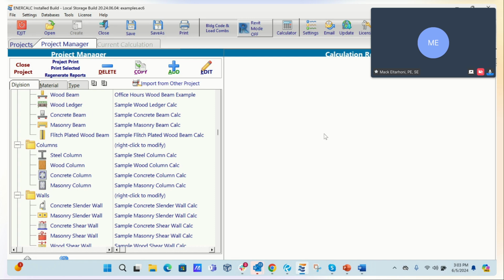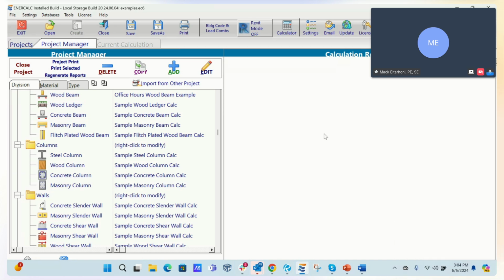This is a huge time saver for us, especially working on smaller buildings and designing a building one component at a time. Especially if you're doing a foundation and now something all the way above changed, and now you're trying to carry your loads all the way down. So it's going to be a huge time saver, and I cannot wait for it to be released. 100%. Yeah, we're pretty excited about that.